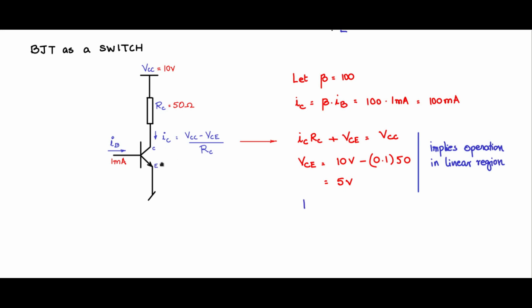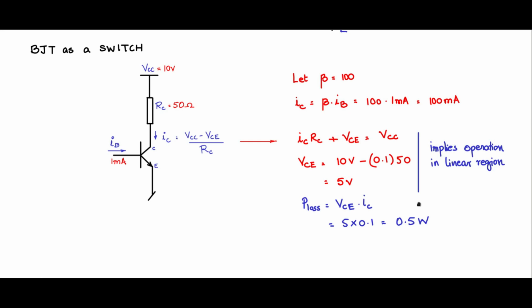Now there is a drop across this transistor when it is on, and there is also current flowing through it, and therefore there will be power loss. And what is the power loss? The voltage drop across the collector emitter into the current through that, which is IC approximately, which is 5 volts into 0.1 amps, which is 0.5 watts. So this is the power loss there. Now all this that we discussed is the BJT operating in the linear region.